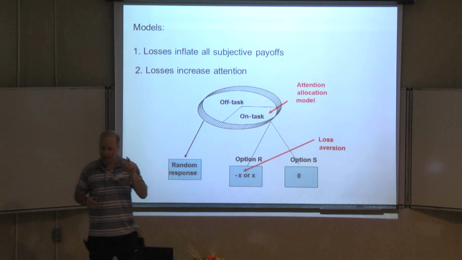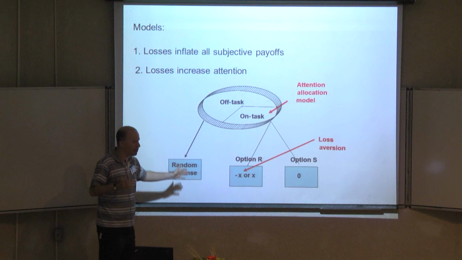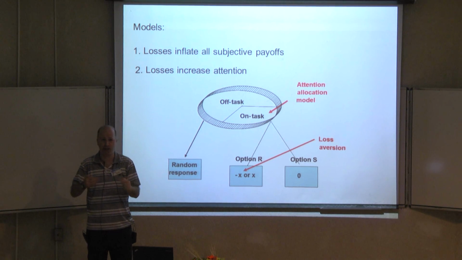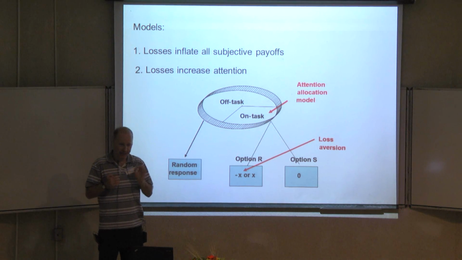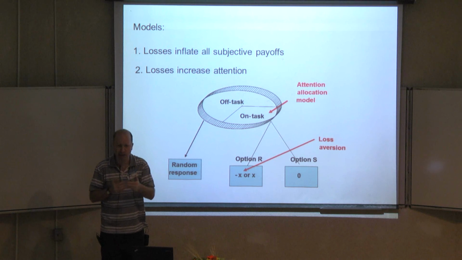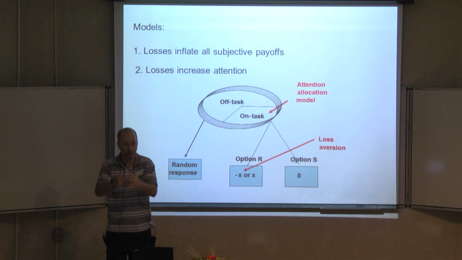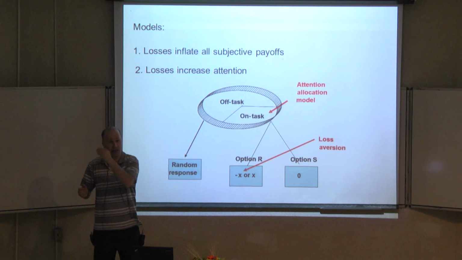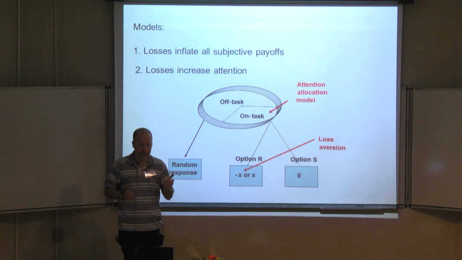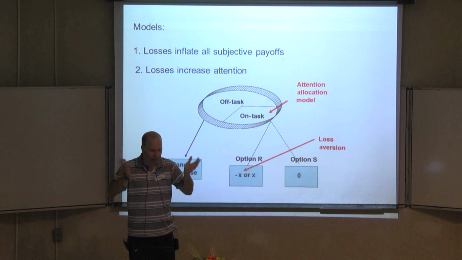The other explanation, which is a cousin of the first explanation, had to do with attention. And the idea is that when you choose between two alternatives, you don't only choose between alternatives, there's another choice. And your choice is how much attention to invest in these tasks as compared to other things in the world. And the idea is that if you have losses, you invest more attention in the task. And what does this lead to? It leads to more performance, up to a certain level of attention. Then it doesn't affect risk-taking, but it does affect arousal because increased arousal is the hallmark of an increase in attention.